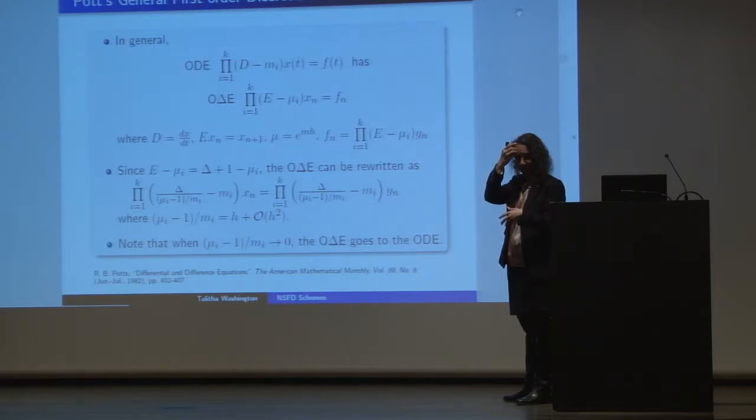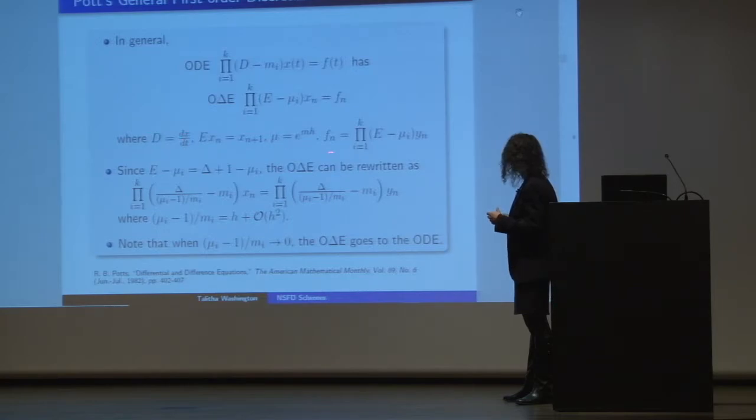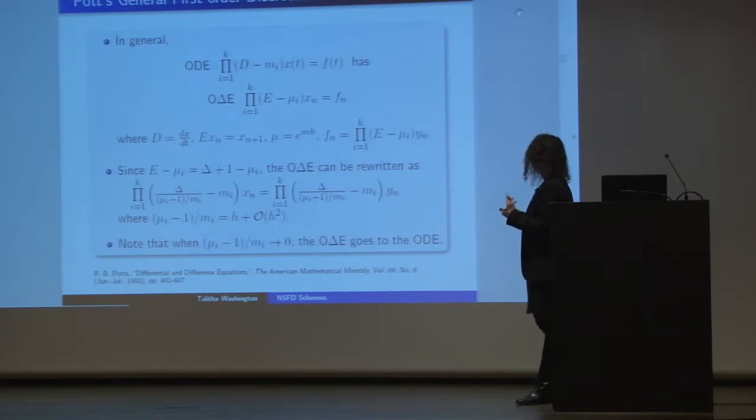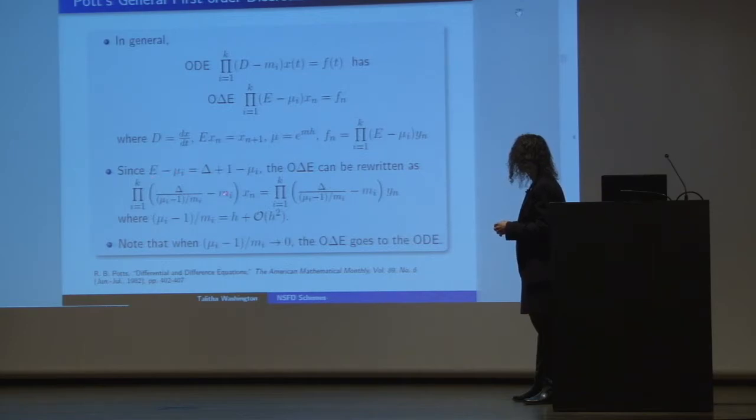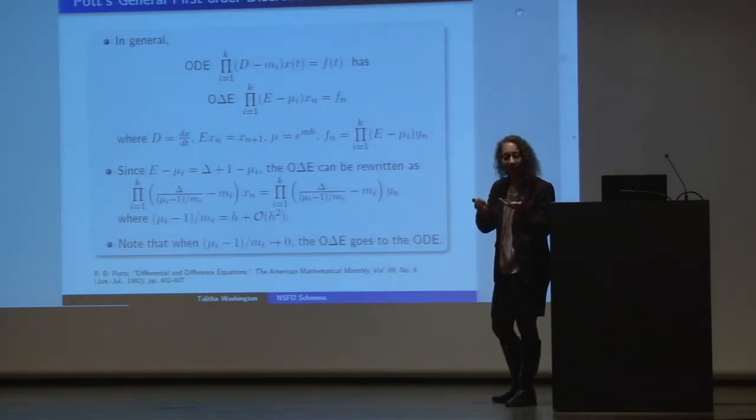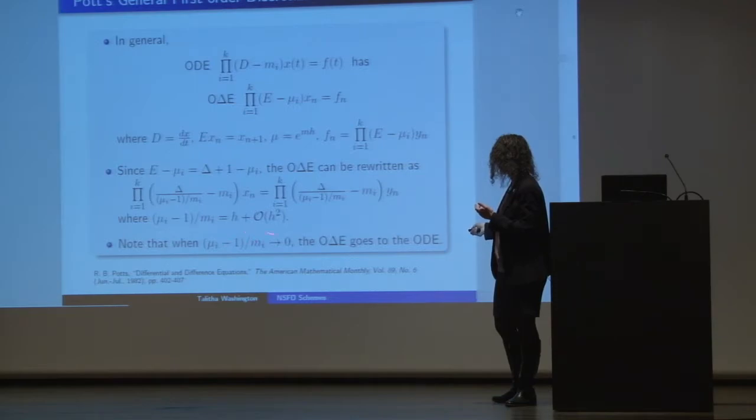You can suppose that the m sub i's are constants and they're different, to make it nice. And again, we have the differential operator, but now we have a product because it's higher order. Again, we can do the same simplification of rewriting the operator E as delta plus 1. Delta is the change. For the ordinary differential equation, after doing some algebra and dividing out, we could write it in this way on the left-hand side, where the denominator, mu sub i minus 1 over m sub i, we say is of order h, meaning that if you were to expand it out, it would be h plus some higher order terms,